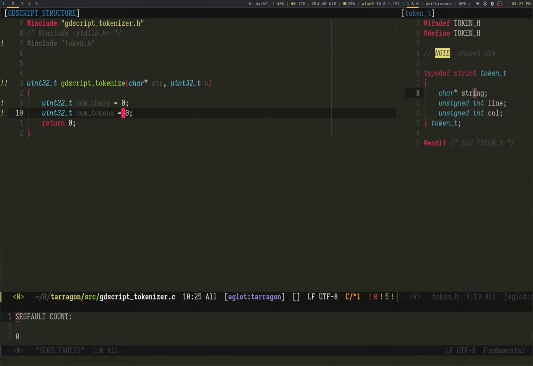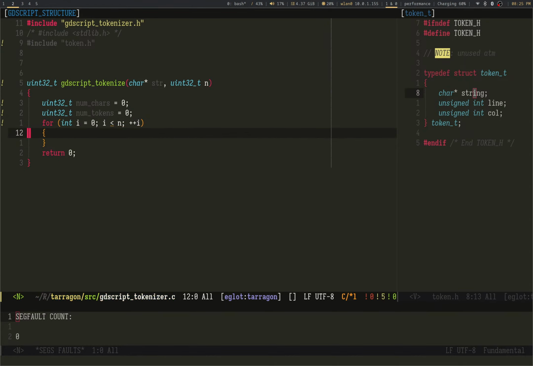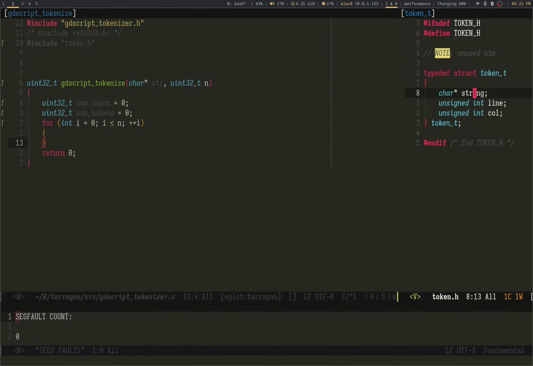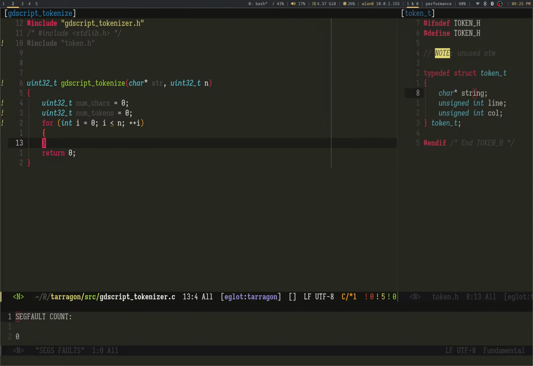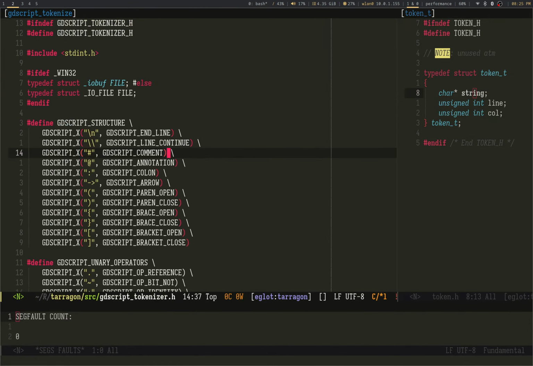And back to the alternate. So I'm gonna just, this is great. And here we're going to figure out how much space I'm going to need to allocate for my tokens. Oh, I know what I want. I don't want that.